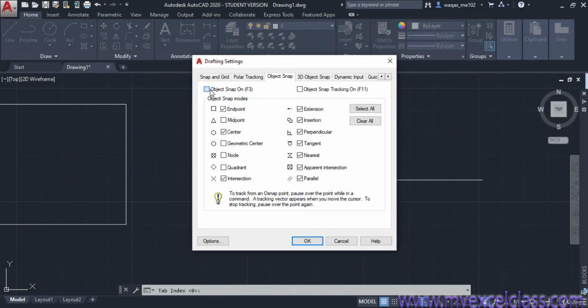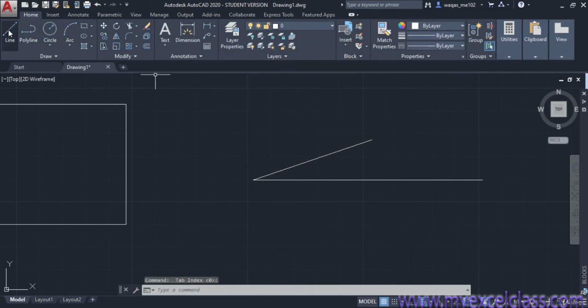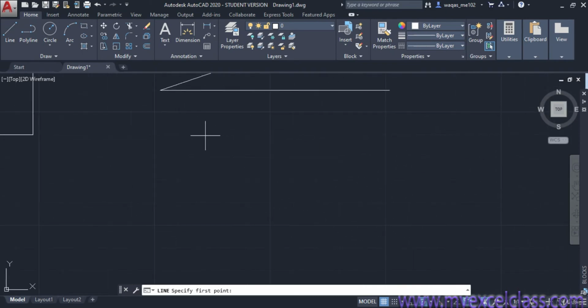Suppose I am checking this one, and I need this one. So what does this mean? Okay, let me draw a rectangle using a line.